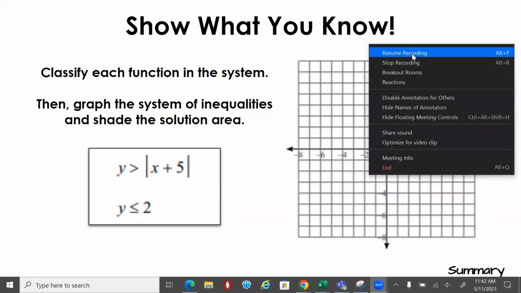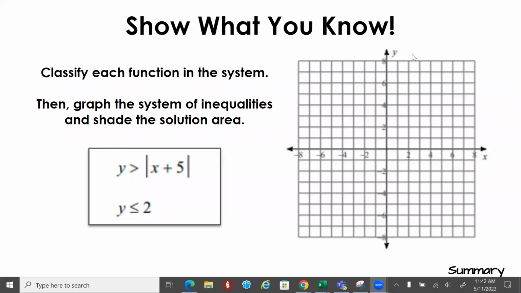This says classify each function in the system, then graph the system of inequalities and shade the solution area. So first of all, what type of function is this one right here? Fantastic. What about the next one? That one's a little tricky. It's a straight line. So what is that going to be? Fantastic. Okay. When you type this in, remember, in order to get this little absolute value bar, you're going